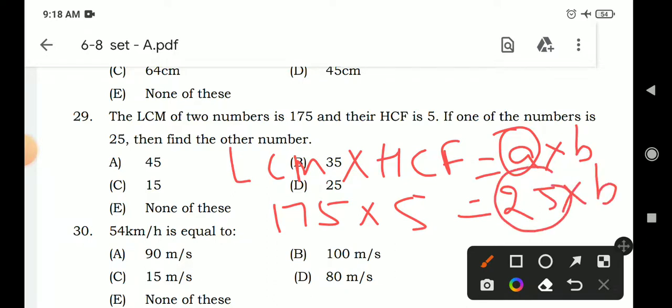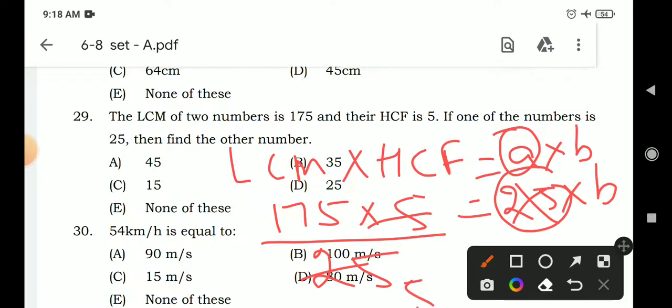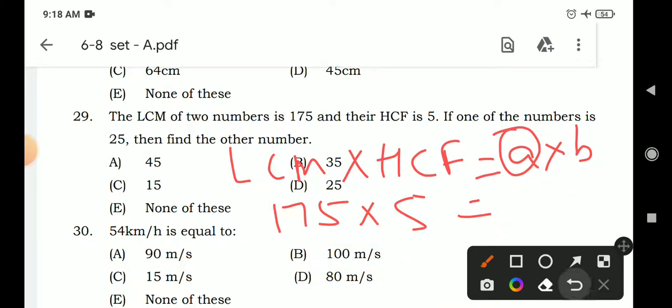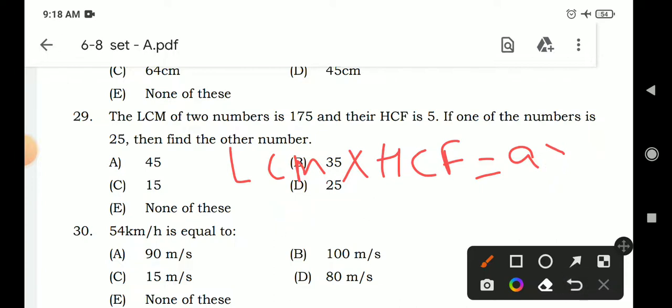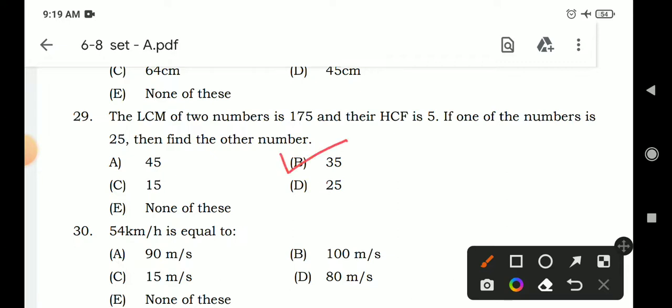So shift this 25 from here to the left side. Now cancel it on the 5 table. 5 5s are 25. Again cancel it on 5. 5 3s are 15, 5 5s are 25. So what is the correct answer? The correct answer is 35. So which option will come here? 35 is the correct answer, option B. Understood this, all beta? Which option is the correct option? 35. Now look at the next question.